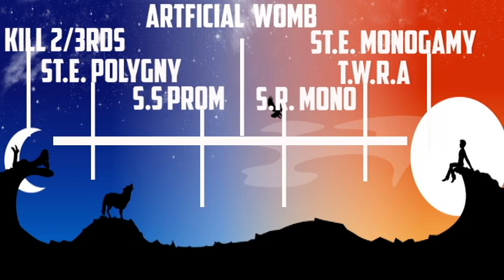Or you can have state-enforced monogamy, which would guarantee the most amount of men reproductive access, but we can see that there would be a lot of negatives going along with state-enforced monogamy as well. But before I get into that, I just wanted to jump back over to killing 2/3 of all men,